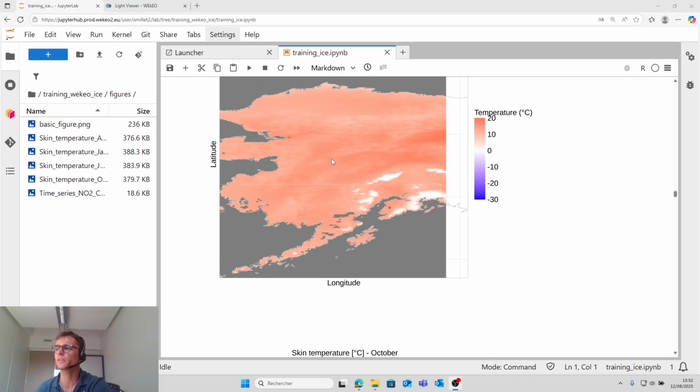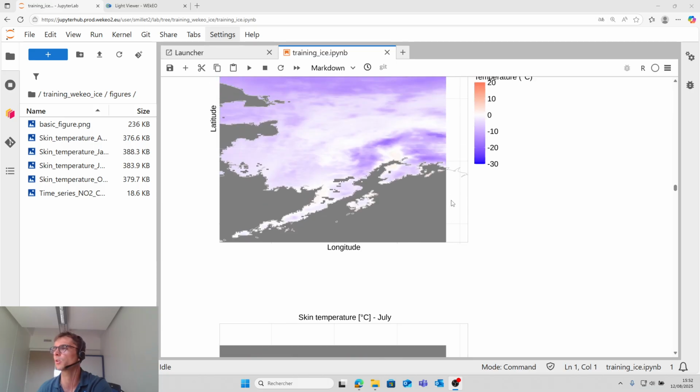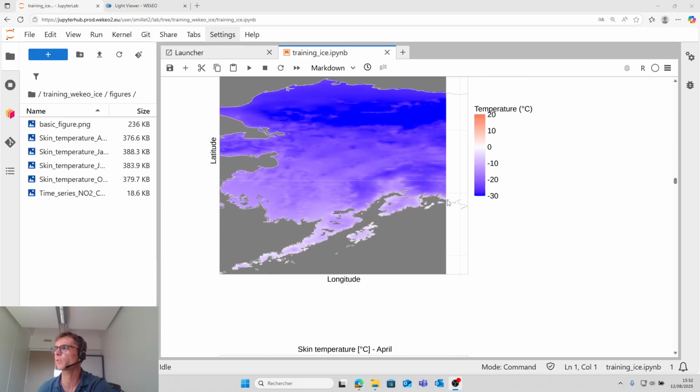So there is a difference exceeding 40 degrees in some areas between winter and summer. And during winter, most of Alaska is covered with snow. Approximately all the land has snow on ice, and the temperature is below 0 degrees.